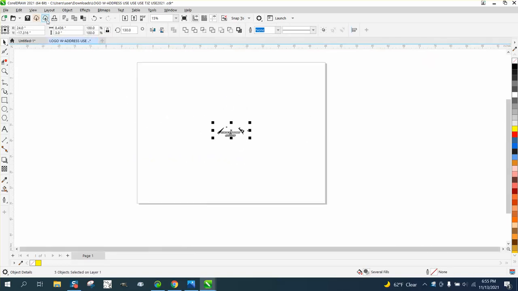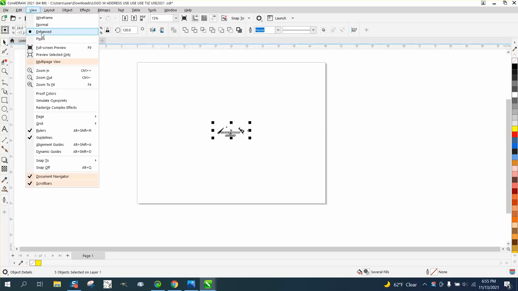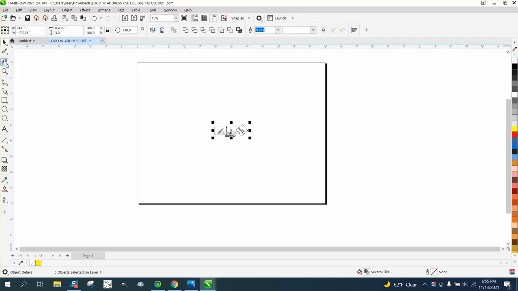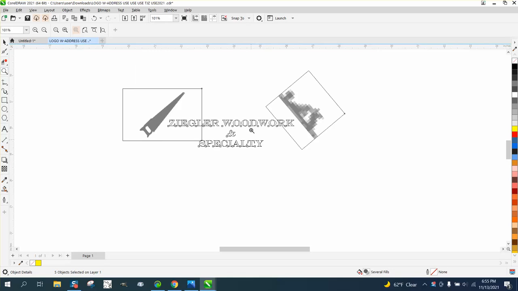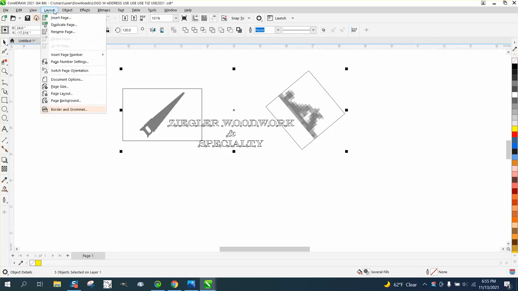But if we look at this under wireframe, wireframe's kind of a telltale sign of things that happen. And one, this is a bitmap and you can see a bounding box around it because you slanted that one and you didn't slant that one. So this can be corrected. It's just